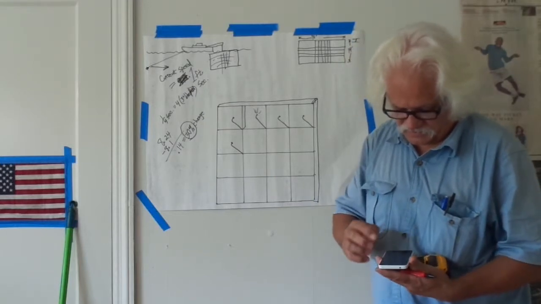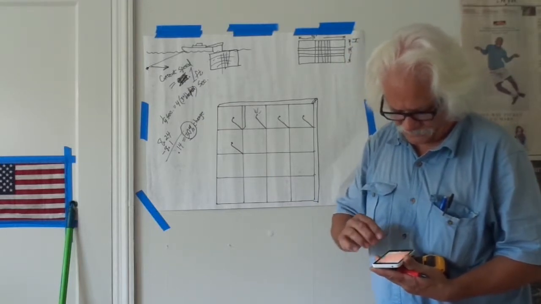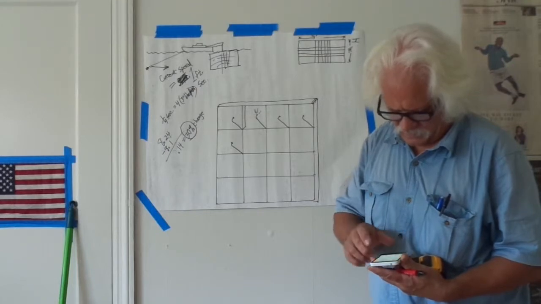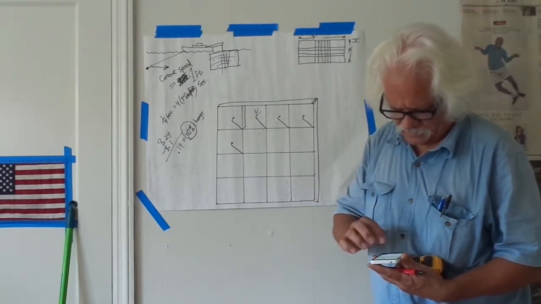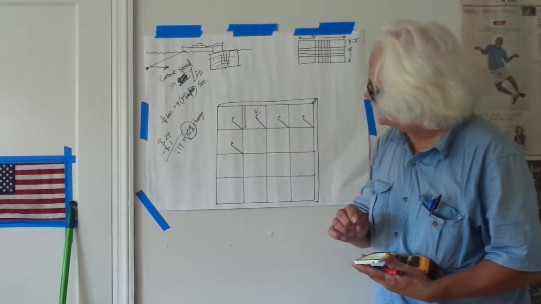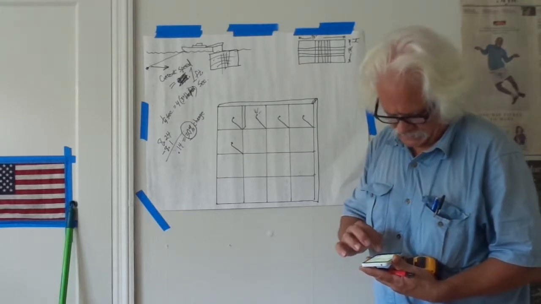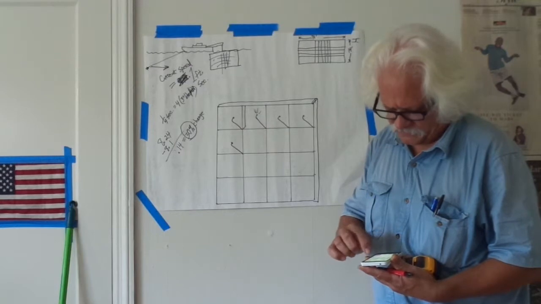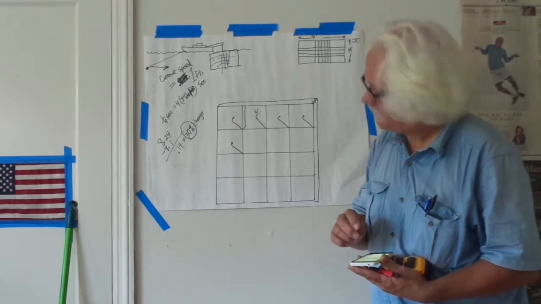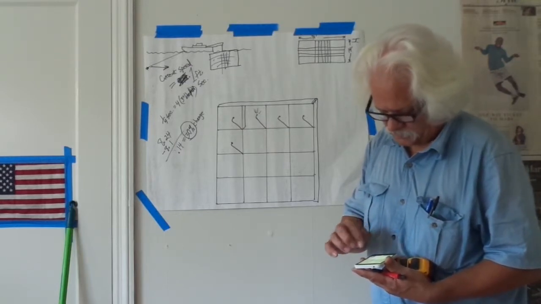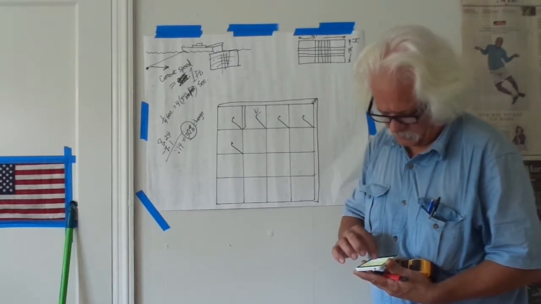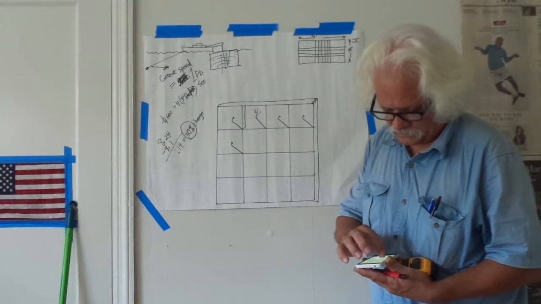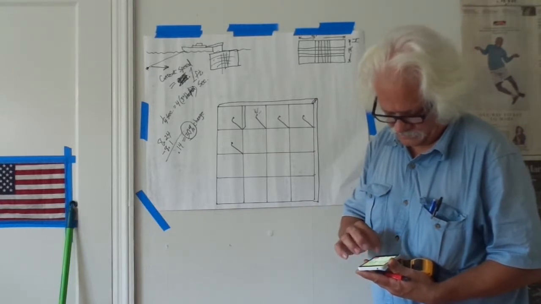So with my little handy dandy calculator, I'm going to say that if you take 30 and you divide by 0.14, would equal, okay, let's try that again, 30